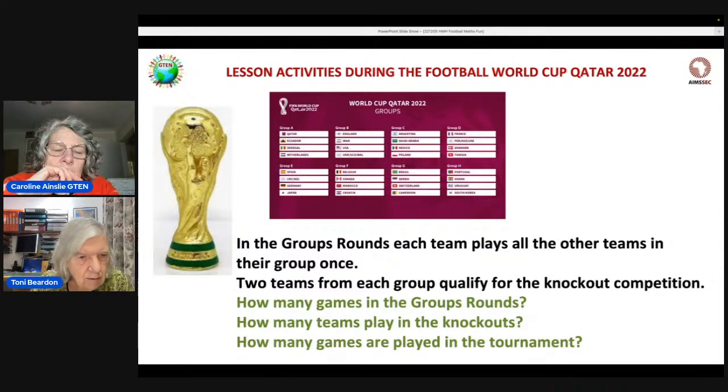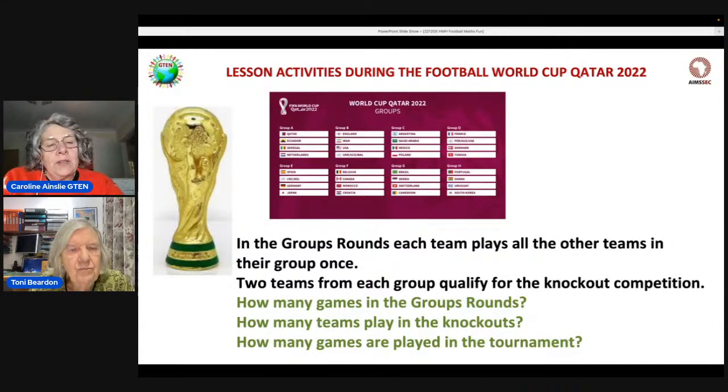Can you work that out? Right. So each team has to play each other. So that's 3, and then that team plays 2. So that one, that's 6, I think. So that's 6 times 1, 2, 3, 4, 5, 6, 7, 8. 6, 8 are